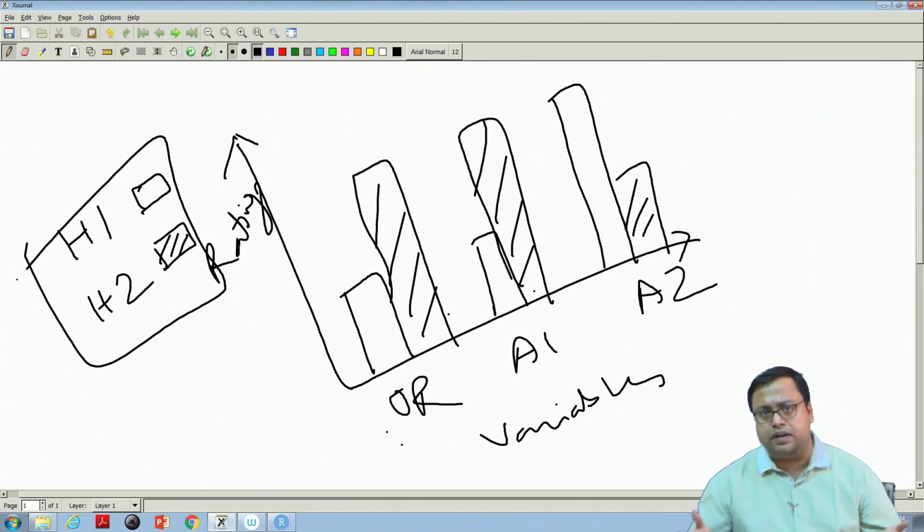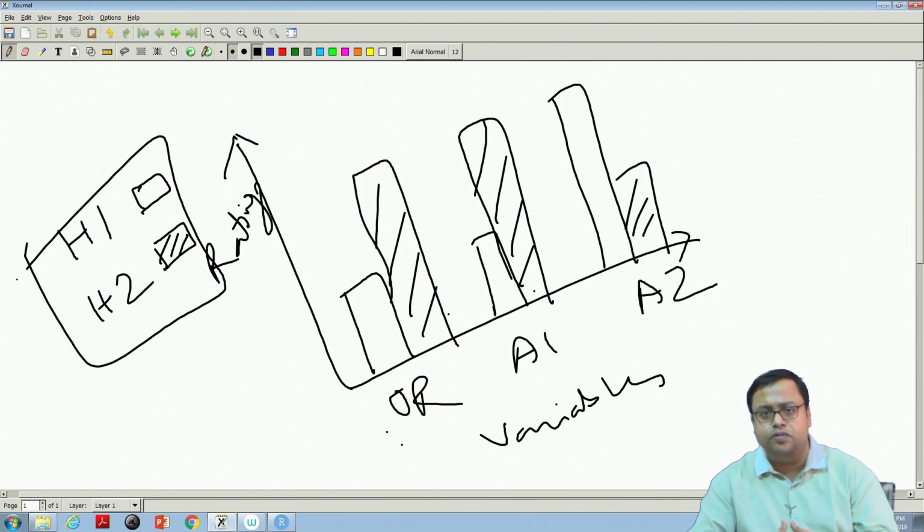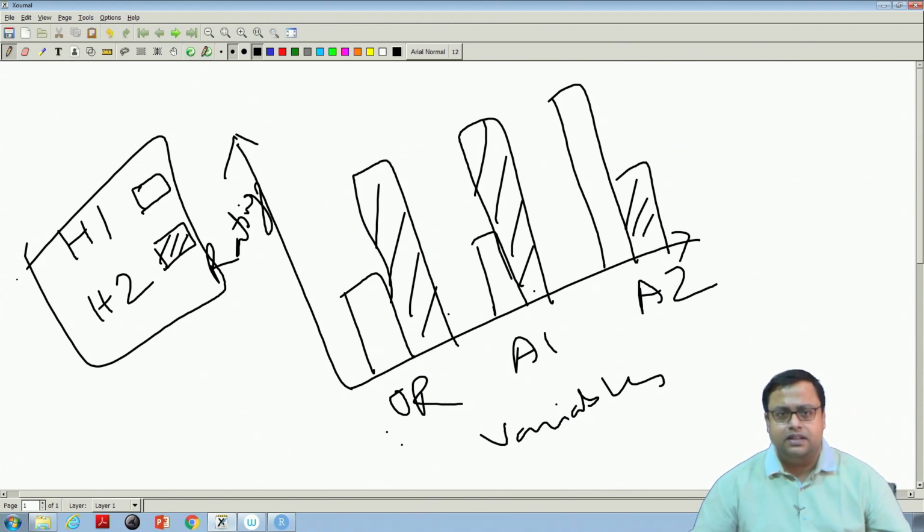Why am I trying to create this? Because this gives a fairly measurable idea that, okay, overall rating wise hotel 1 is worse than hotel 2, and that is majorly contributed by A1, though A2 wise hotel 1 is much better than hotel 2, A2 might not matter probably. That is why this kind of result is coming. So this is something that we are going to create now.